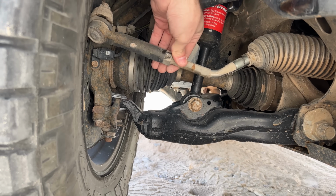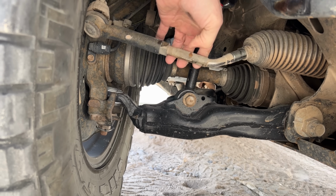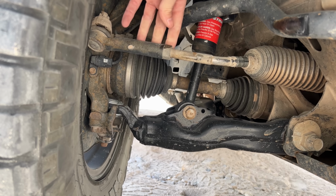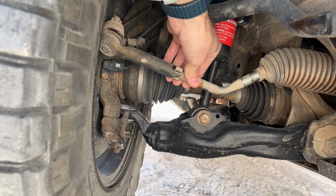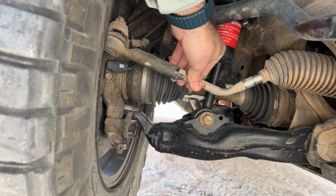What do we do with this information? I don't know, nothing. We could beef up the inner tie rod with a welded sleeve or just replace them with larger diameter parts, but this is a bad idea for reasons I will get into in a moment, right after we talk about